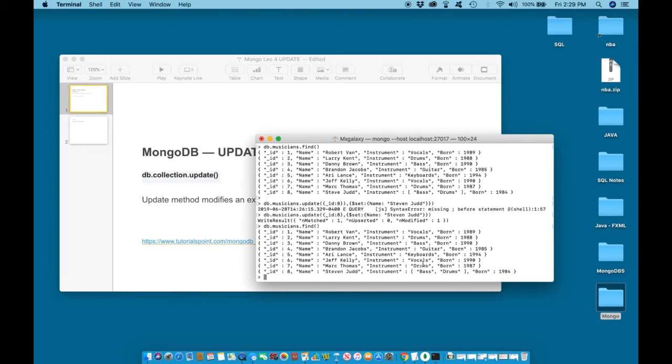So let us go ahead now and let us change this. Let us add an additional instrument for some of these musicians. Let us work with, I will say, musician number 7. Let us add bass to his record as well. So to do this,